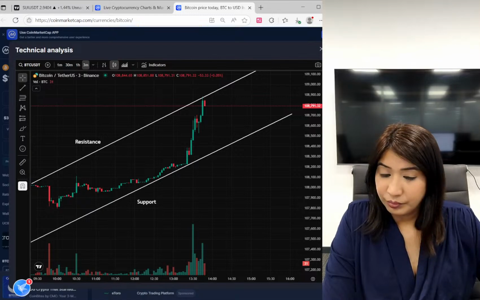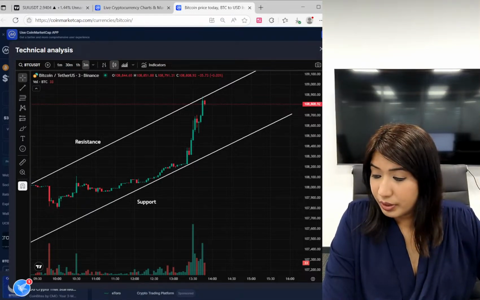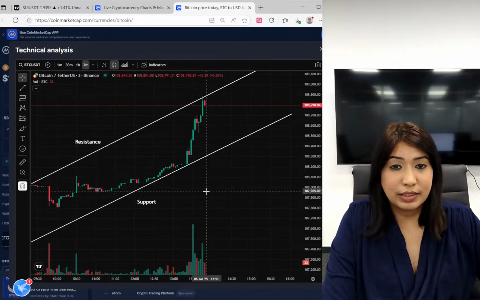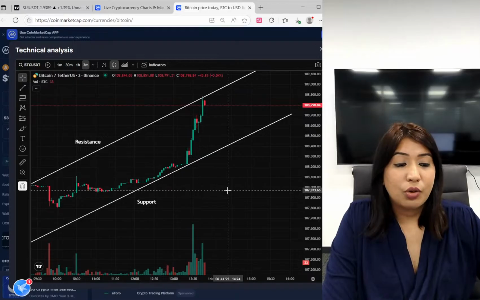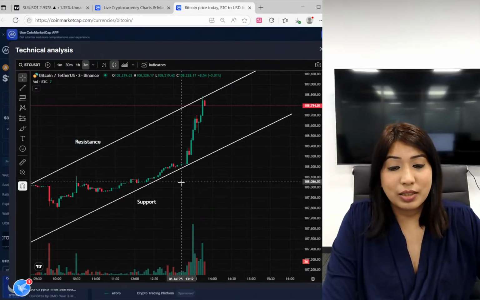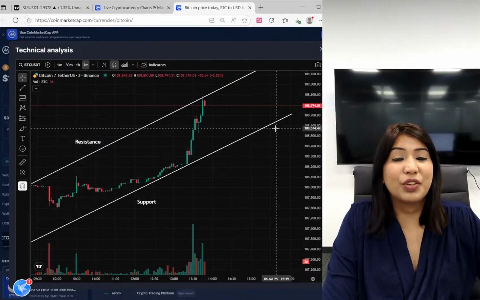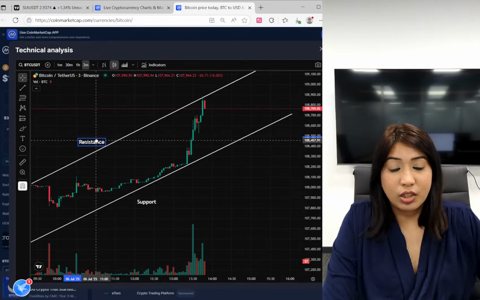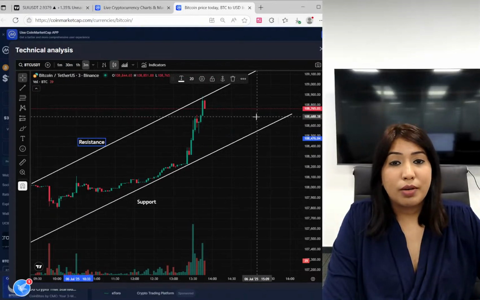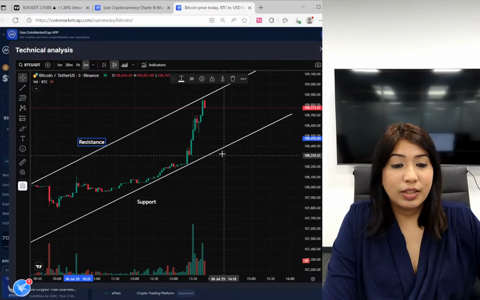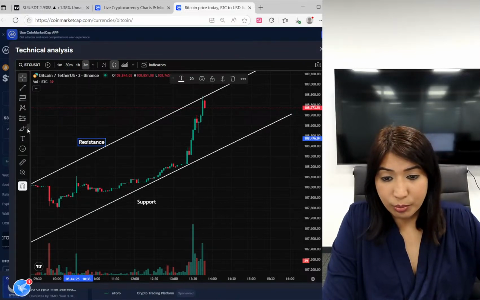Now there are few things which we need to know. One is the support and resistance. First and foremost thing, in order to understand whether there is a trend reversal coming, is if the price is breaking through this support and resistance that we have created for ourselves. So if you see that when you have created a support and resistance on the chart, when it was going in upward trend, you see that it is breaking any of these zones that we have created, whether it moves down here. Let me open an arrow